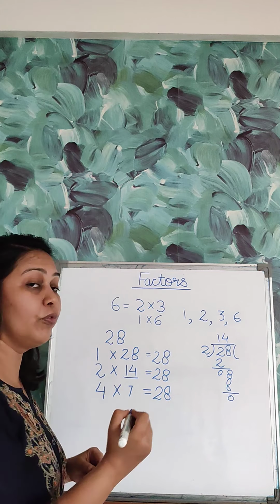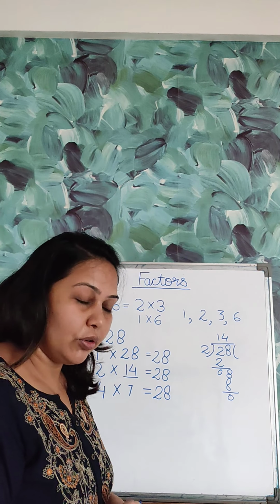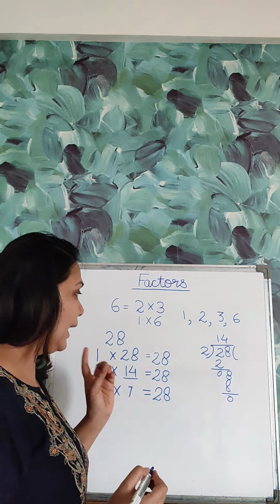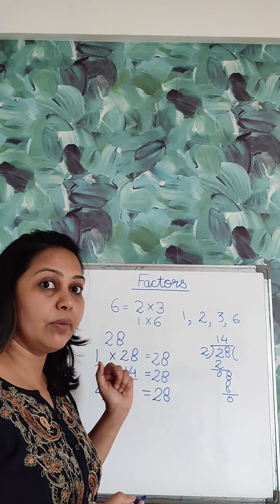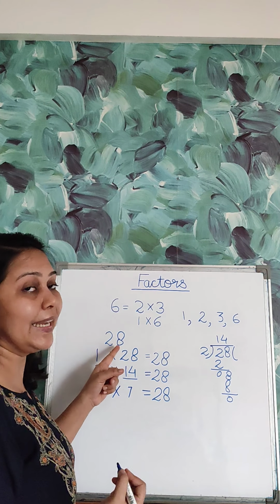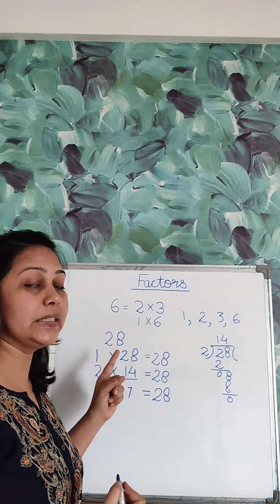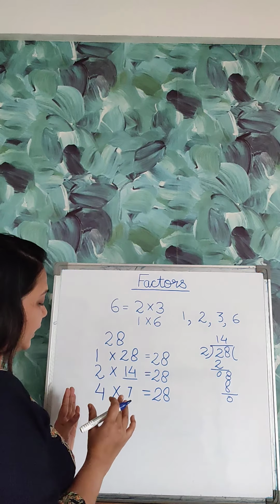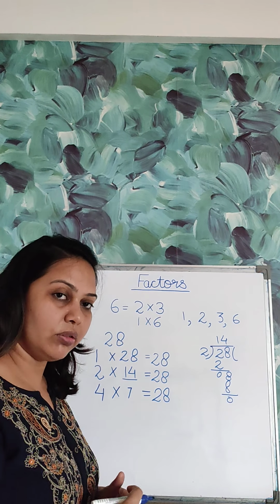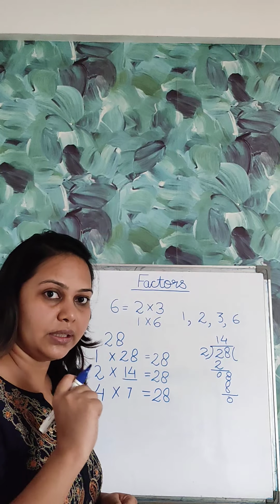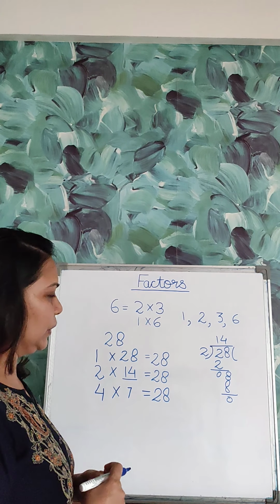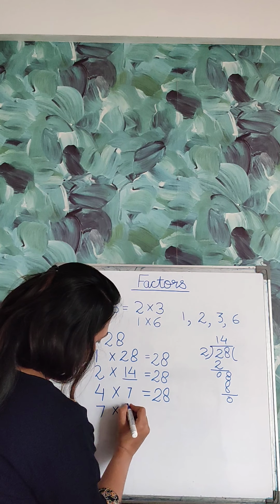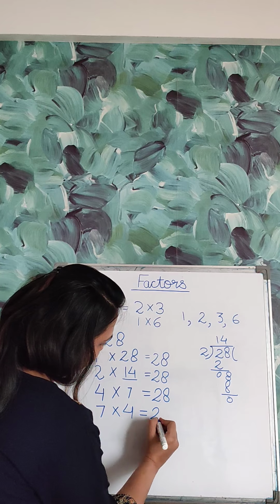Now let us check it with 5. We know the divisibility rule of 5, according to which if the number has 0 or 5 at the end, then only that number is divisible by 5. But here we only have 8. No 0, no 5. So 28 is again not divisible by 5. So we will leave 5. Now let us go to 6. Let us read the table of 6. 28 is not there in the table of 6. So now let us move to 7. Yes, we all know 7 fours are 28.